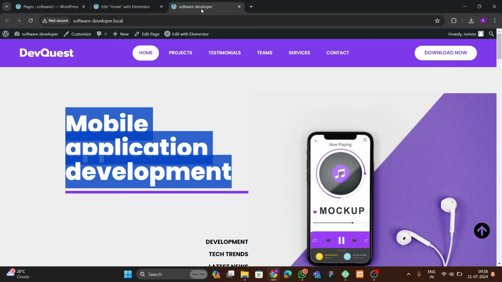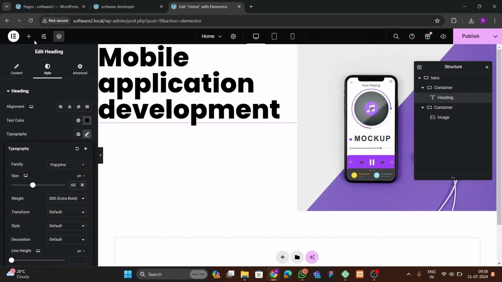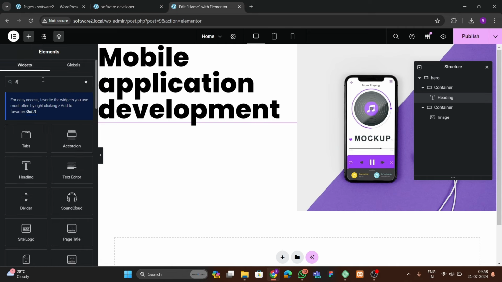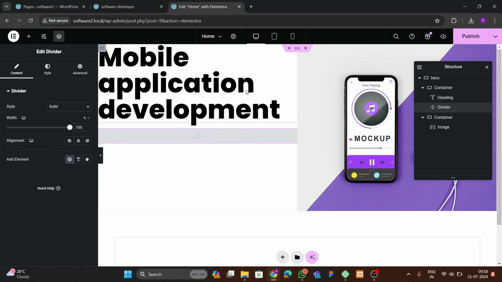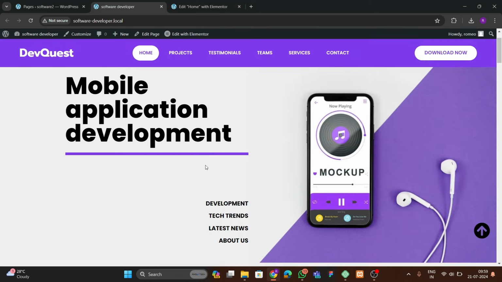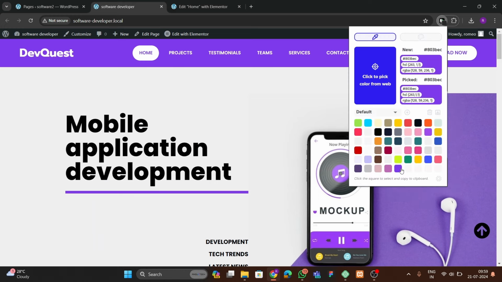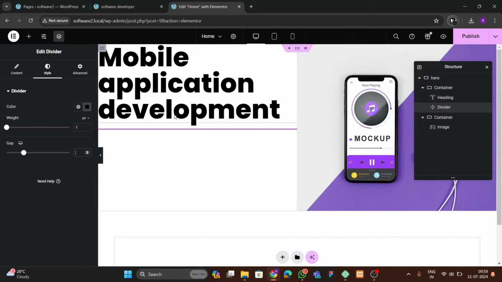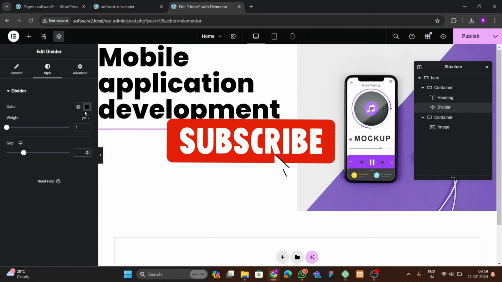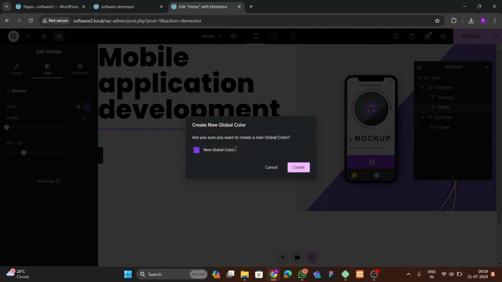Then after that you can see that we have this line below that. So for adding the line we have to add a divider here. So let me search here divider, just drag and drop this, and here we have to remove this. Okay, so now what we have to do, we have to add some colors. So for that I already have the color tool here. So let me copy this color code. You can use the same color code if you want, and if you want to use another color code you can also use that. So let me save here